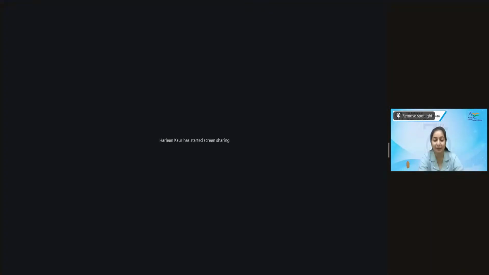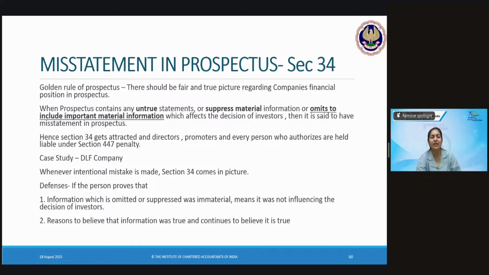Well done. Now let's start the new topic, that is misstatement in prospectus. We have just initiated it in the previous class also. A very, very important topic. An examiner may ask you a question related to this topic, that is, what is the meaning of misstatement in prospectus? So what is the golden rule of prospectus? The golden rule of prospectus is that every prospectus gives the true and fair picture of the